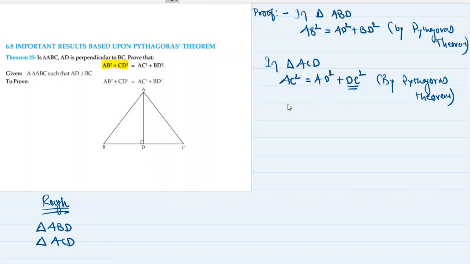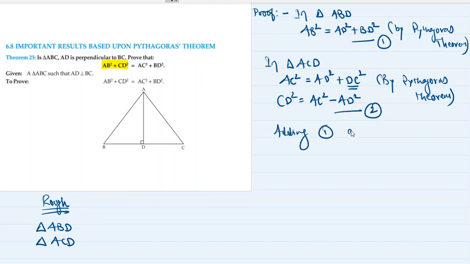DC square is nothing but CD square. So I will write it as CD square is equal to AC square minus AD square. Okay, so this is equation number 1. This is equation number 2. Adding 1 and 2. Adding 1 and 2, what do you get? AB square plus CD square, AB square plus CD square is equal to,